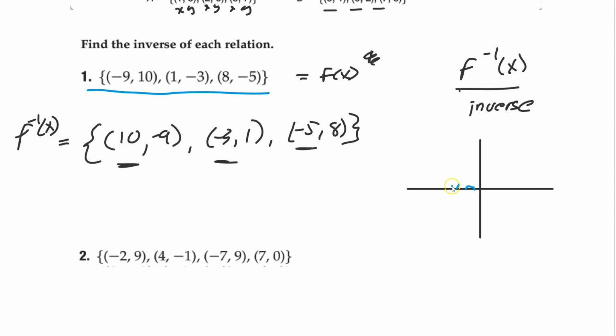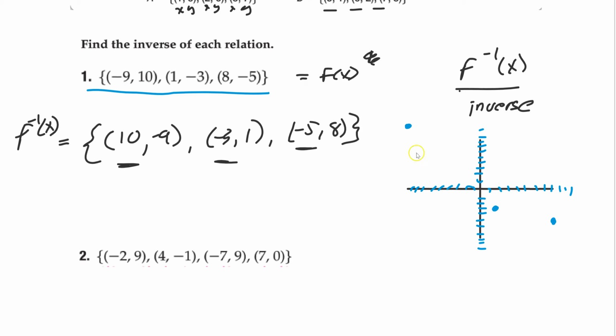So 1, 2, 3, 4, 5, 6, 7, 8, 9. 1, 2, 3, 4, 5, 6, 7, 8, 9, 10. I'm not going to be perfect, but I'm going to try my best. It's like around there, right? And then 1, 3. 1, 2, 3, 4, 5, 6, 7, 8, 9, 10. Okay, so 1 and negative 3. And then 8 and negative 10. So 2, 3, 4, 5, 6, 7, 8, around there, and negative 5,